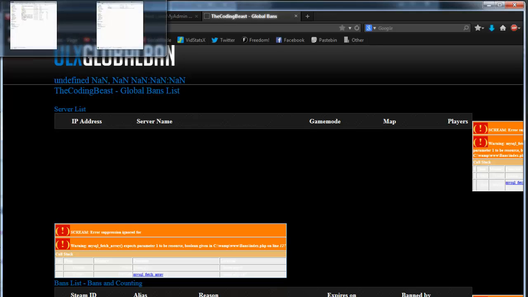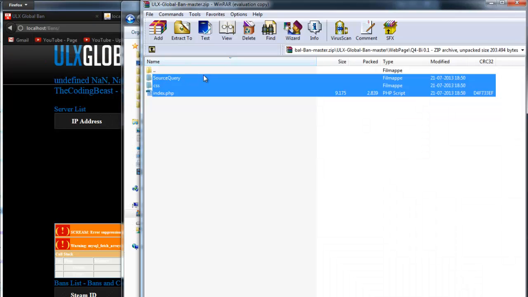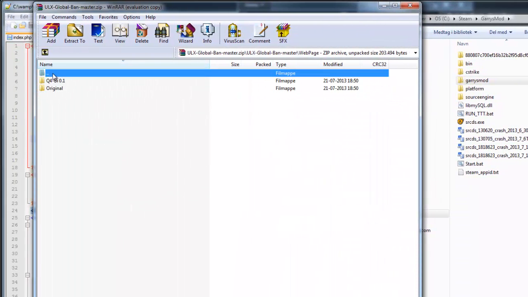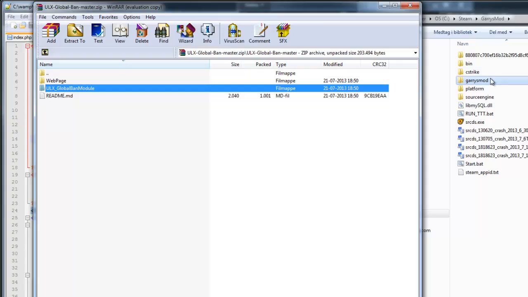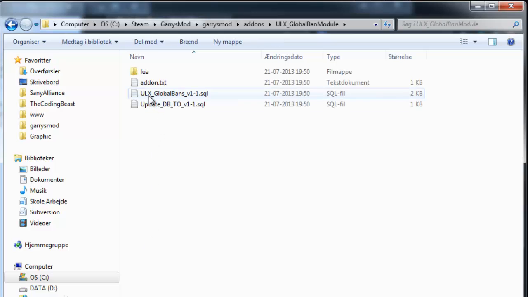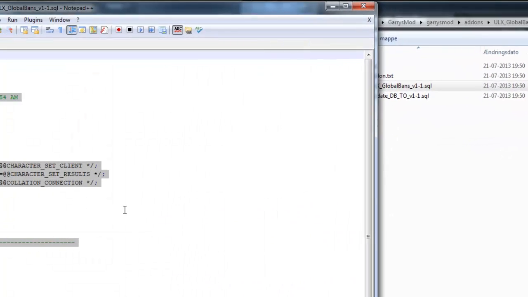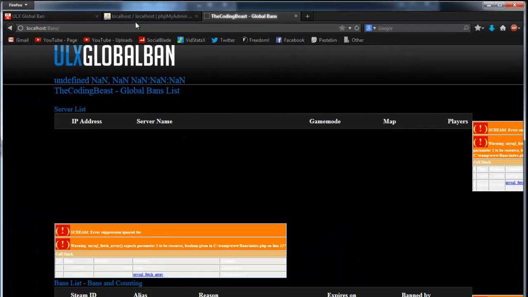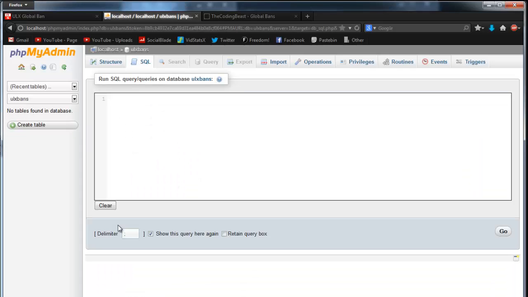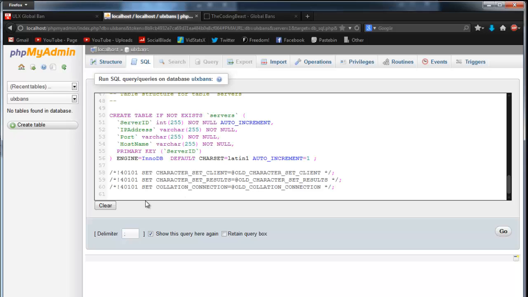So now for the next part, we're gonna install the add-on on our Gmod server. So now go back to the zip file, go step up, two step ups, and copy the ULX global ban module into your Gmod addons folder. Now just drag that in, open it up, and find the SQL file called ulx_global_bans_v and then the version. Open this up with Notepad++, copy all the content in it, go back to your website, go to phpMyAdmin, open up the database, go into SQL, and insert the code into here, click go,